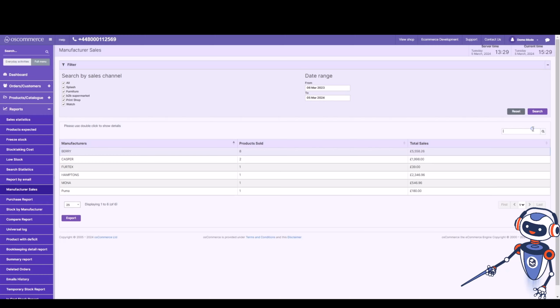Need to share or analyze your manufacturer sales reports externally? No problem. Click on the Export button to effortlessly export your data to a CSV file for further analysis and collaboration. For a more convenient experience when dealing with a large number of records, customize the display of record quantity